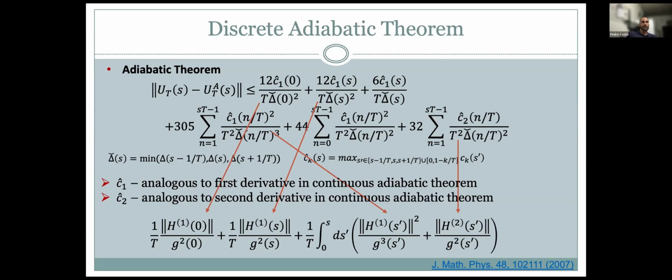You also see the boundaries are the same. So we start from 0 to S, the same quantities related. And you also have the replacement of the integral in the continuous version by sums, which respects the discretization form. So that's a nice way to see the similarities: it is the discretization of that.